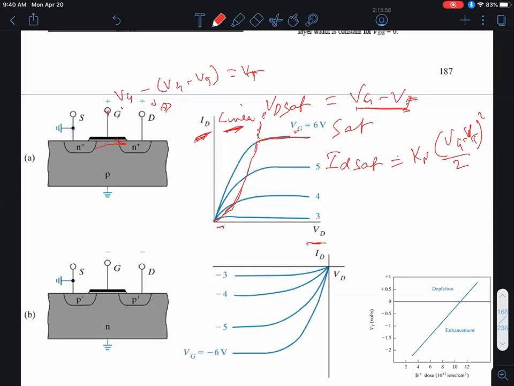What does it tell me? It tells me that this drain current depends on the gate voltage, but is independent of the drain voltage. The current saturates, okay? Which is absolutely wonderful from a circuit point of view, because what does it tell me about my output impedance? Any guesses? Impedance